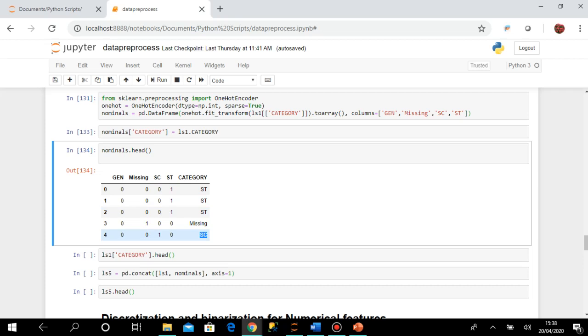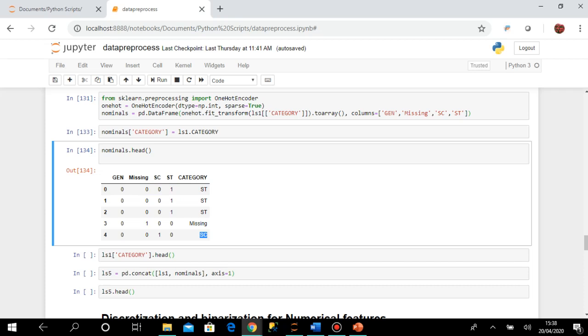So how this one hot encoder works is that for all the possible categories it creates multiple columns, and in these multiple columns it keeps only 0s and 1s, and the column for the appropriate value of that category contains 1 and the rest of the columns contain 0.